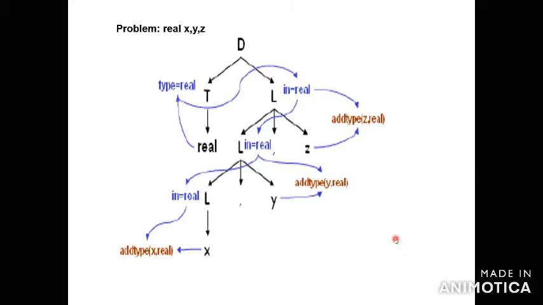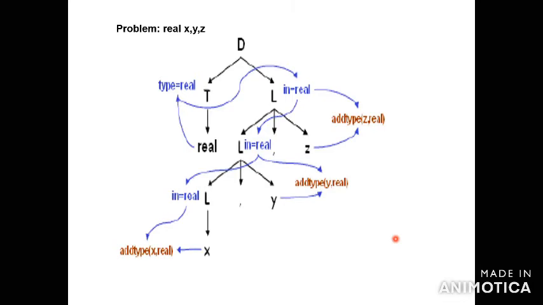So this is for inherited attributes. Inherited attributes mean the value will be declared from either the parent or sibling of that node. So in D tends to TL, L will depend on the sibling node T. Is it clear? But in synthesized attributes, it is not declared from the sibling or parent of the node. You have to do the parse tree construction from the children of the node to the parent of the node. Is it clear? So this is for inherited attributes.